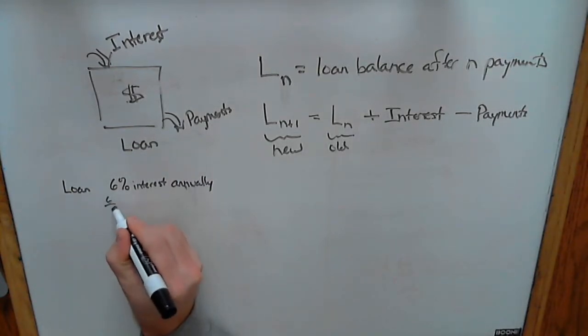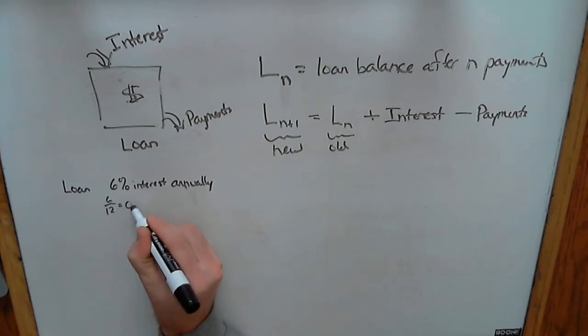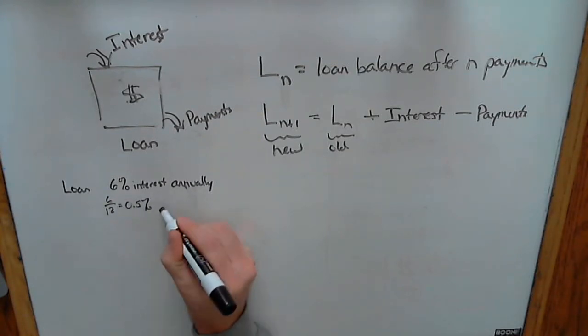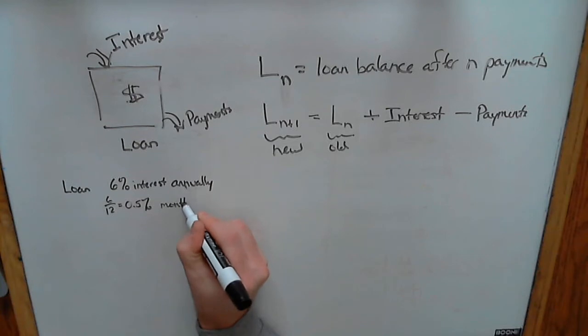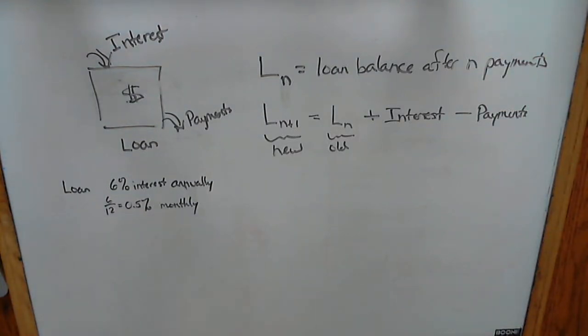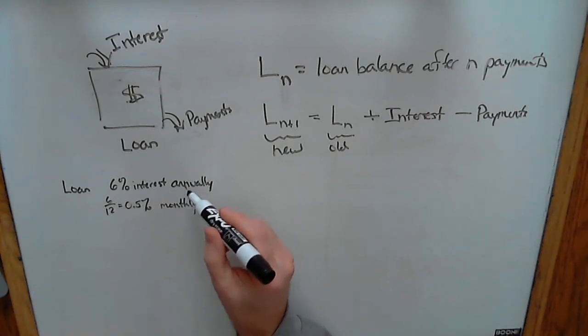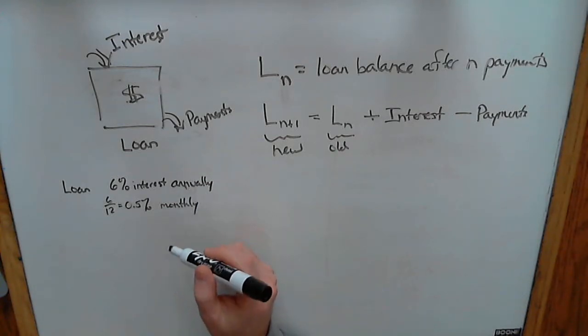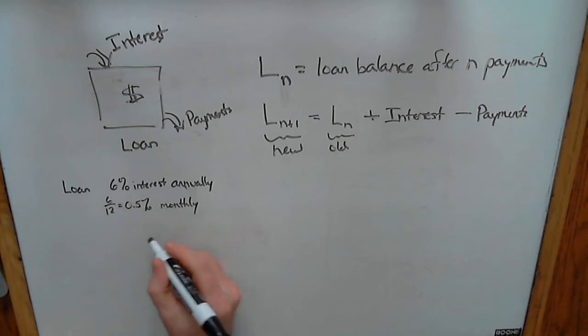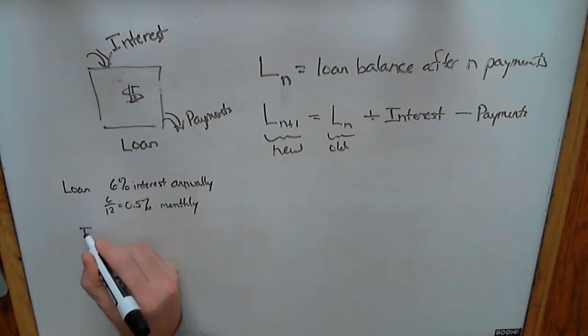That means that 6 over 12 is 0.5% monthly. So you have to pay attention to how a question is posed, whether it gives it in terms of annually, which is for every 12 months, or monthly, which is every month. And so the interest,